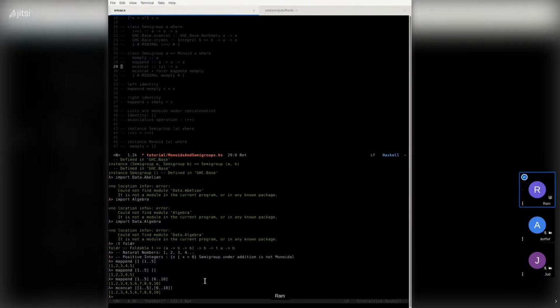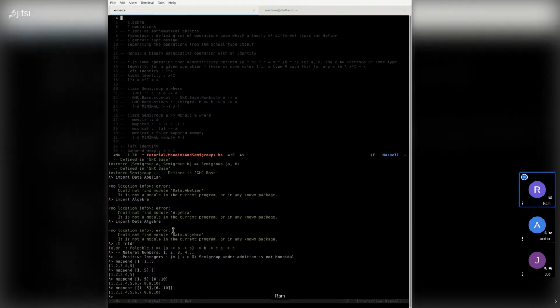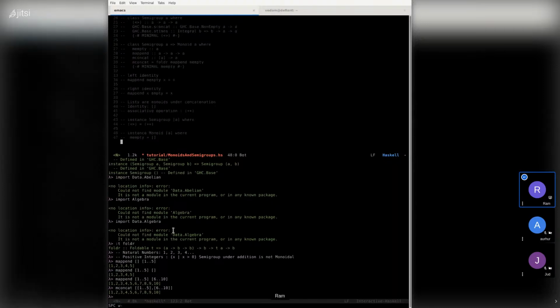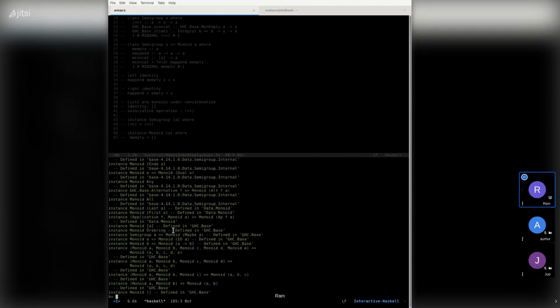So we've kind of talked about monoids for lists, and we've actually looked at the different monoids in our REPL when we looked at what instances are available for a monoid.